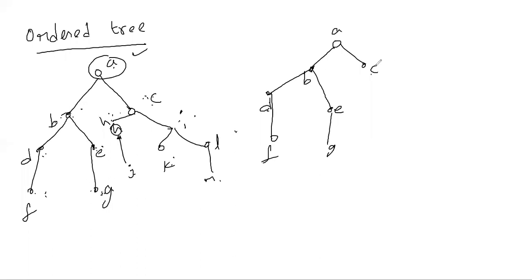Okay, next come to C, again go left side, G is already completed, now left side H, right side I. Next again left side H, left side J, next for I, again come to I. If I have any edge, left side K, J already completed, right side L. Suppose L has any other edge, then you have to give it M. So if any edges are there, you first give the name for the left side, then again give the name for the right side. That type is called an ordered tree.